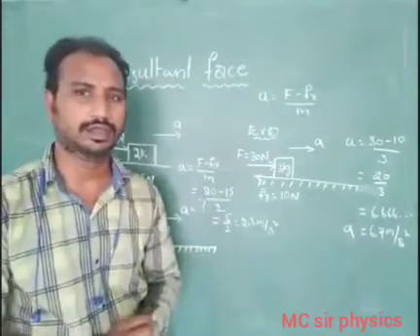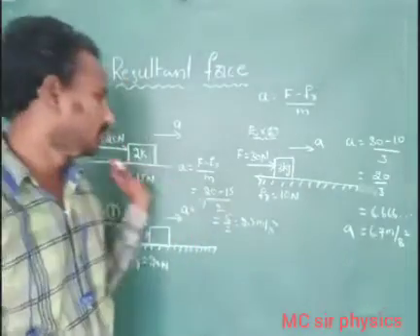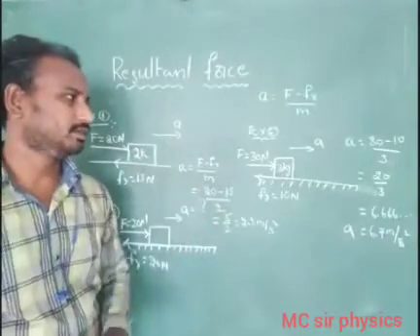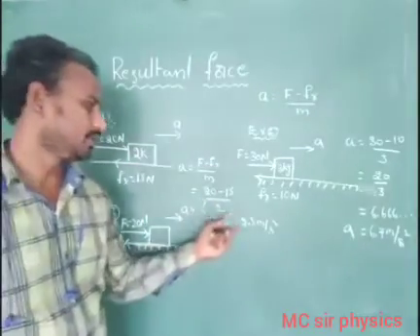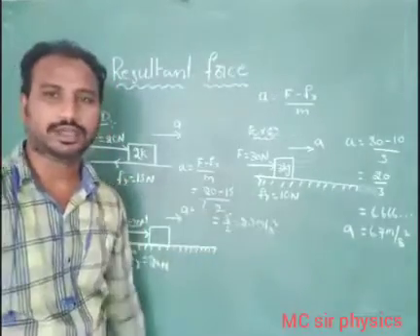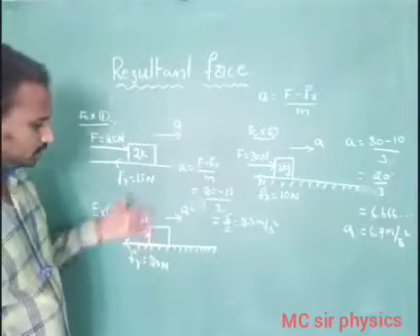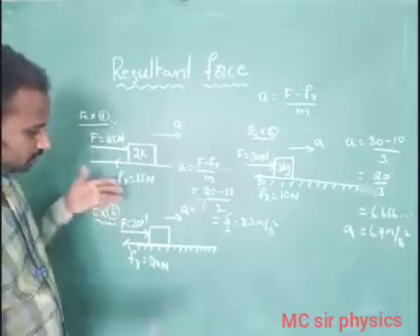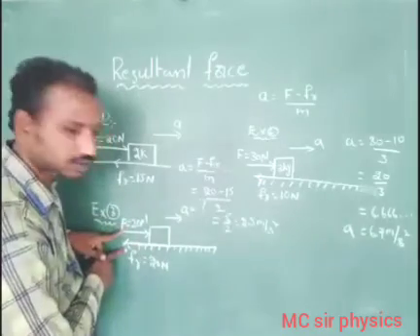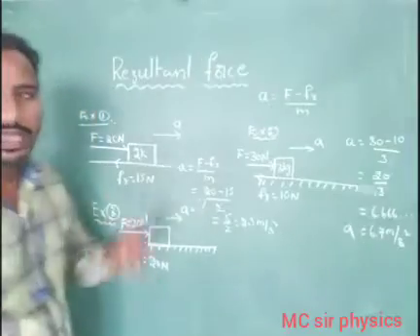It is a very easy way to find the resultant acceleration of the body. In two conditions, we got unbalanced forces, so the resultant acceleration a in the first condition is 2.5 meter per second square. In the second condition, acceleration is 6.7 meter per second square. In the third condition, observe: how many external forces are acting? Two external forces, and these two external forces are balanced forces. Applied force 20 Newton, frictional force 20 Newton, acceleration how much?